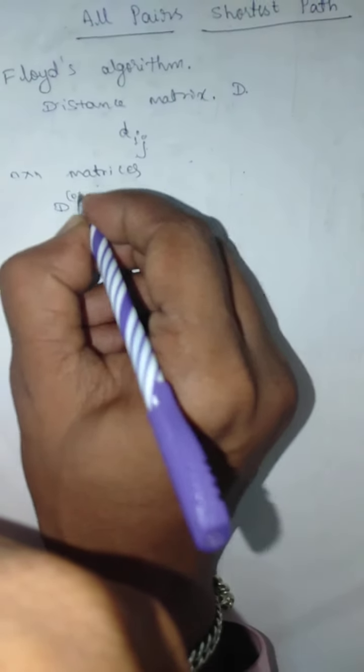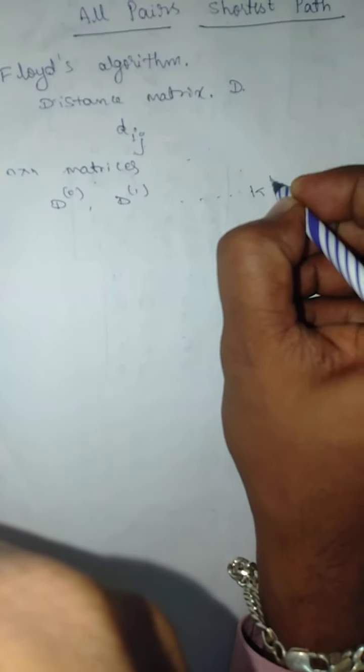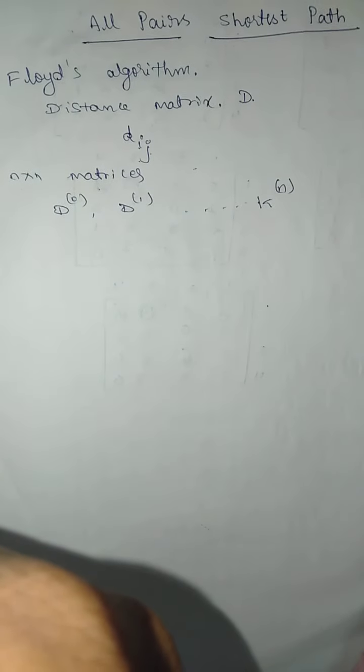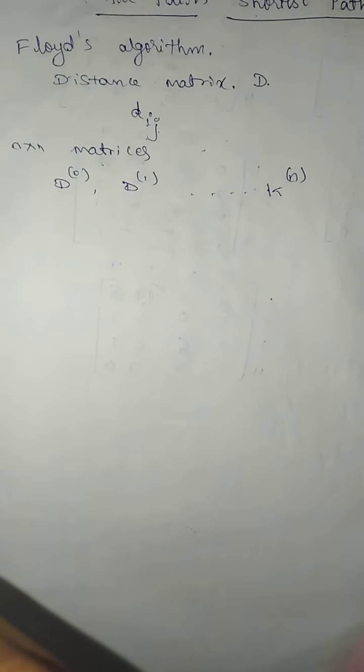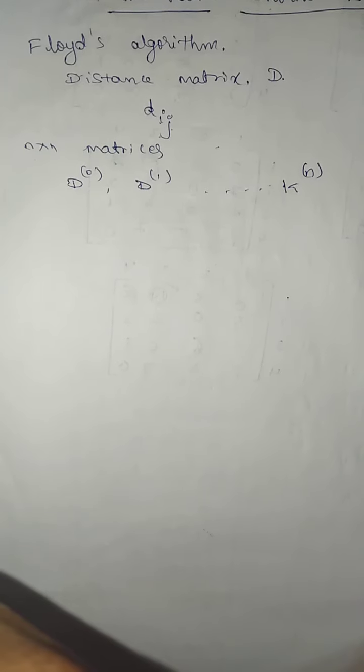We call them D0, D1 till Dn. If you recall the transitive closure, we found it through a series of n by n matrices R0 to Rn, where